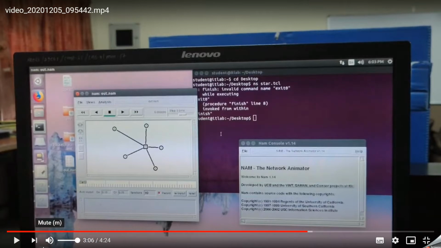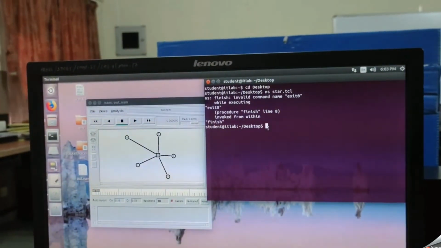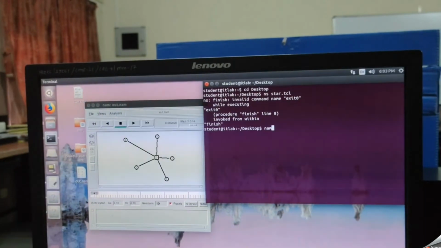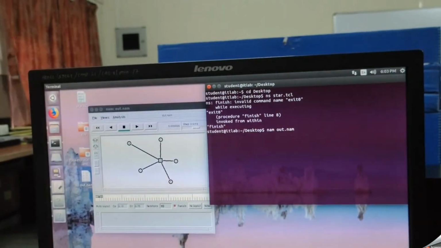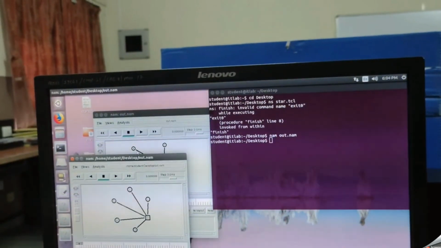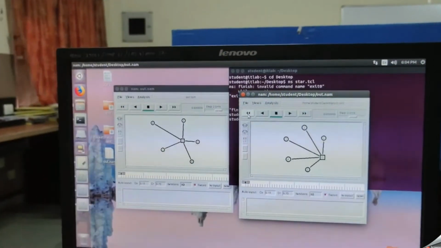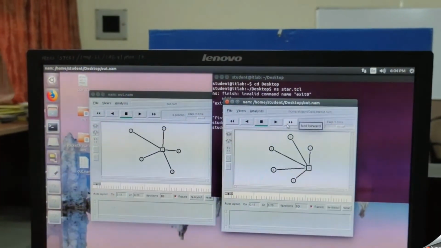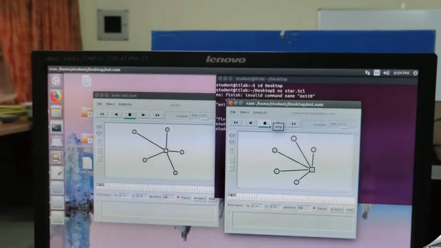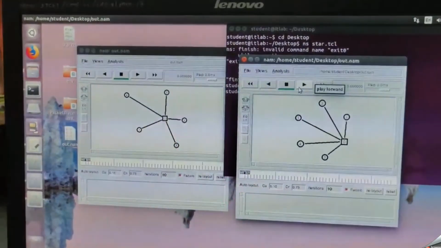Now you have to type the command again on your terminal, by minimizing the animator window, and the command is nam space out.nam. So see over here, this is your star topology. You have different buttons like rewind, fast forward, stop, play backward and play forward.